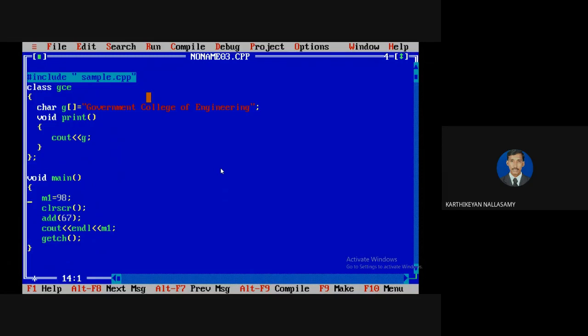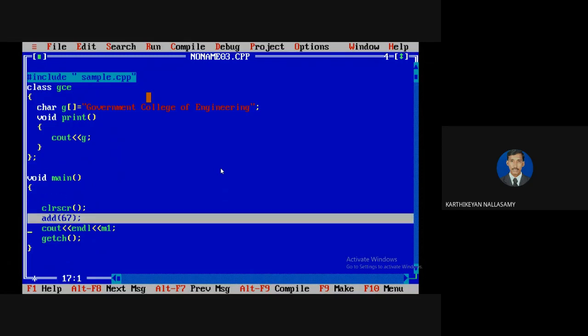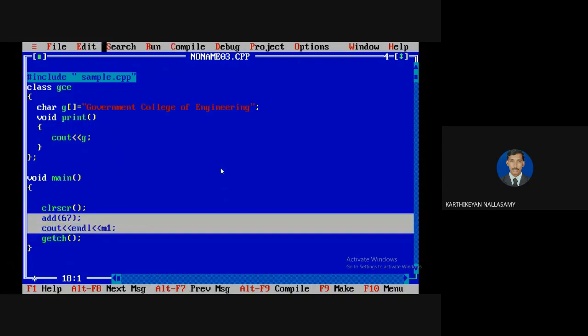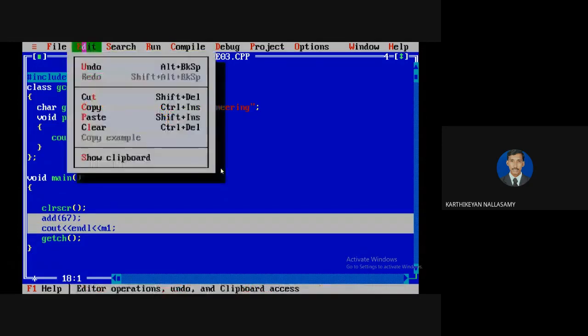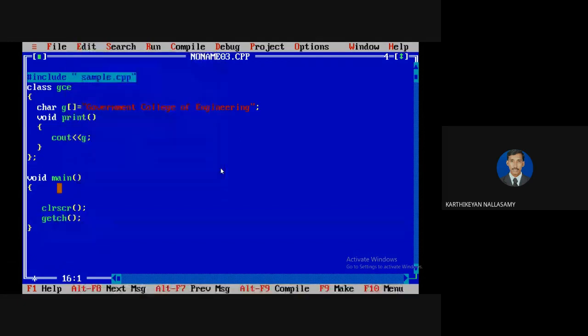In the main function, I'm going to call the method. But it is a class, so without an object we are unable to allocate memory. So first of all, we need to allocate memory by creating an object. My class name is GCE, and my object name is, for example, a user defined name.